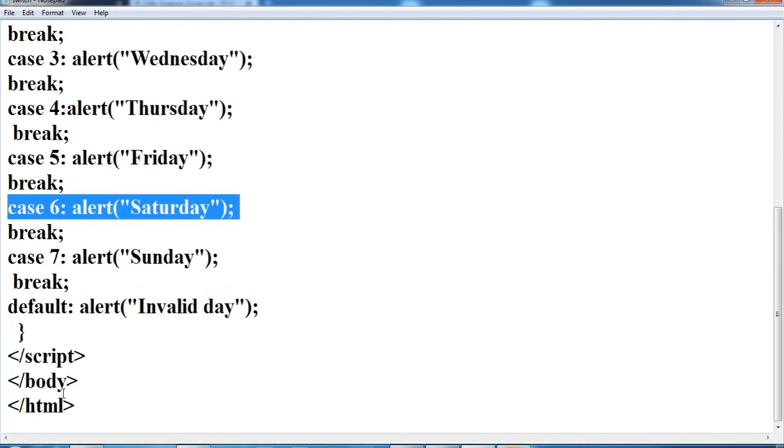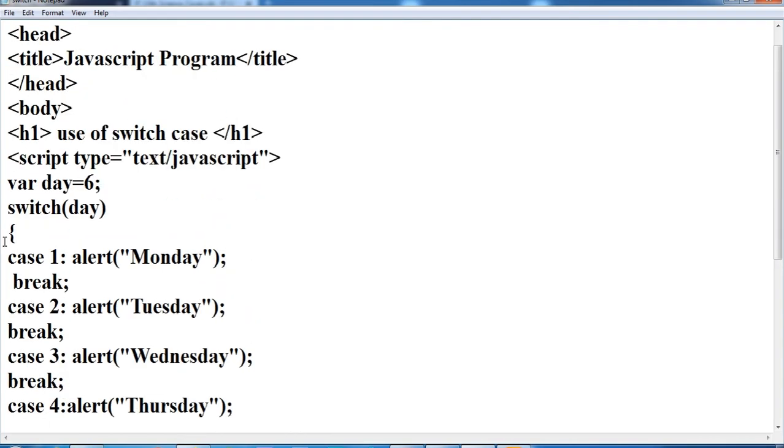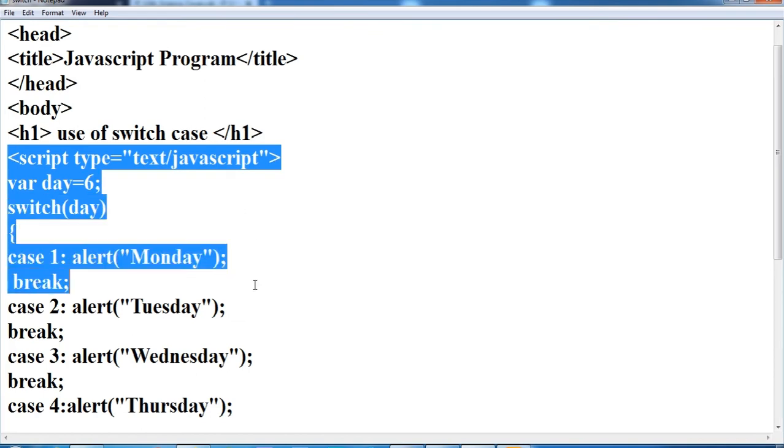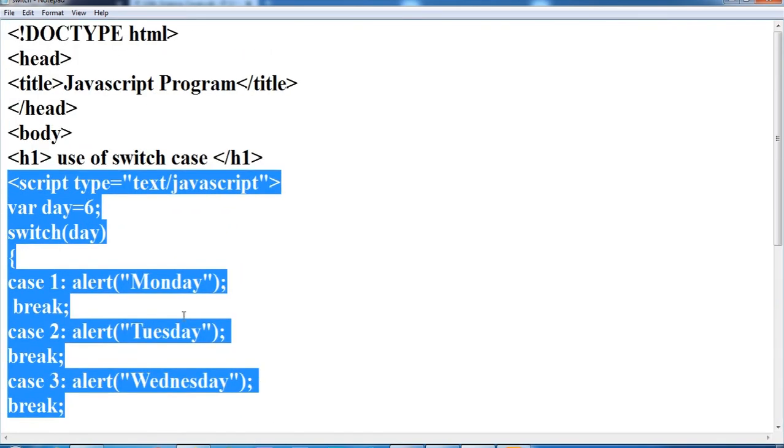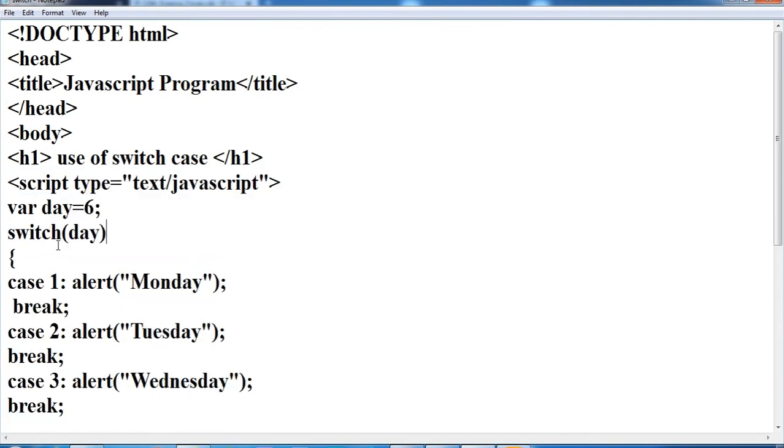If I run this program, see, I have made a simple script block here in the body tag. The script type is text JavaScript, and this is the script block. I am declaring a variable day as 6 and my switch expression value is 6.